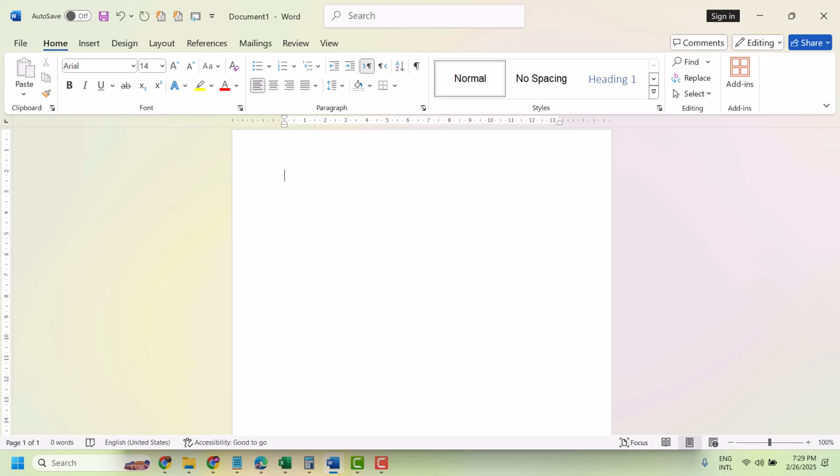Hello friends, in this video I will show you how to insert a tree map in MS Word. So very easily you can insert a tree map in MS Word. So firstly you need to